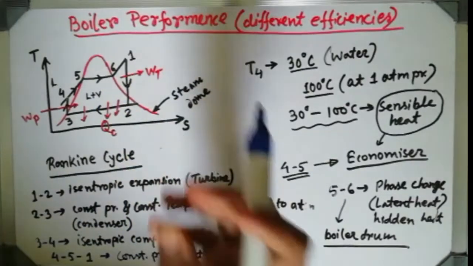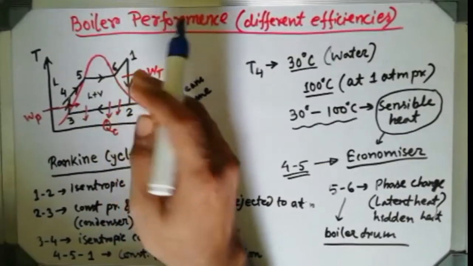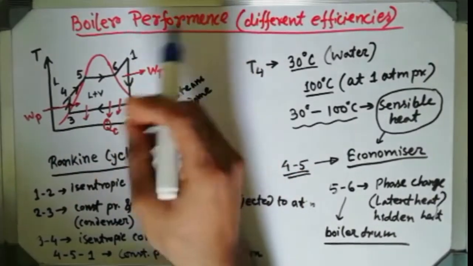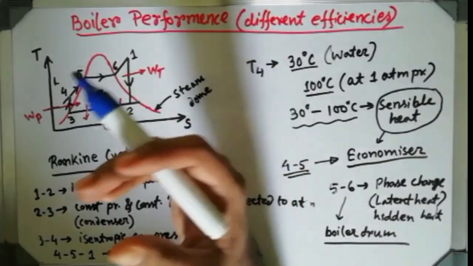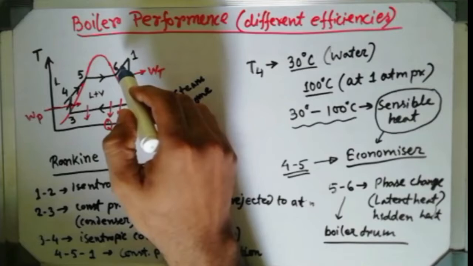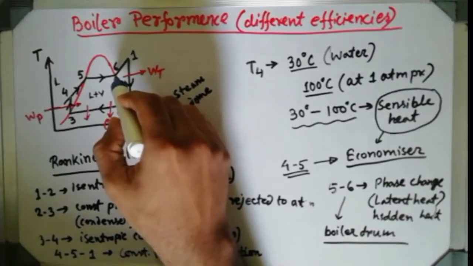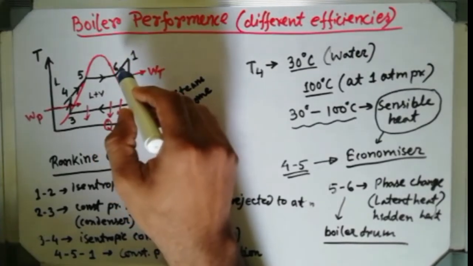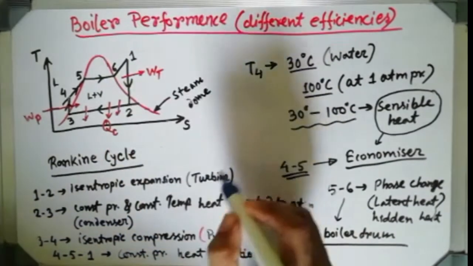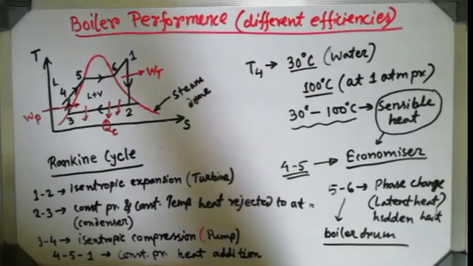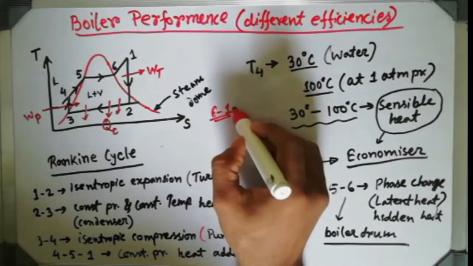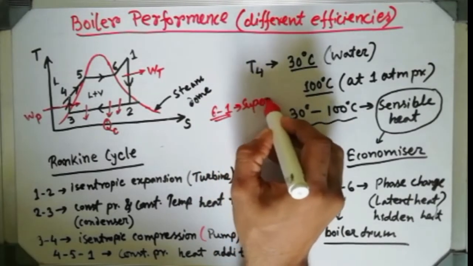Now if you want to put more heat into the steam, because if we put more heat, then more energy will be going in with the steam and it will produce more work. That's why basically we do the superheating part. That means after reaching point 6, we are again heating that particular steam into the superheated region. And that 6 to 1 part is the superheating process, superheating the steam.